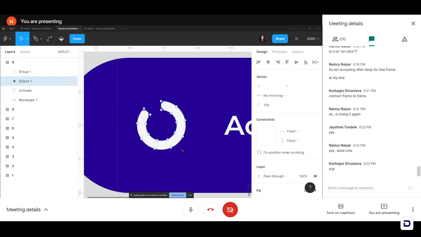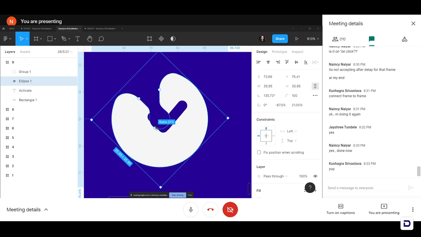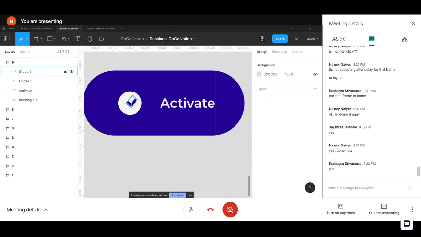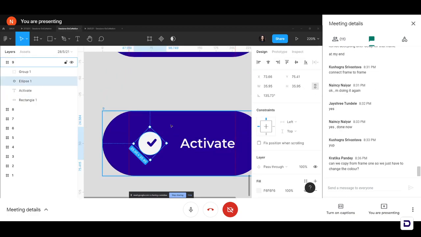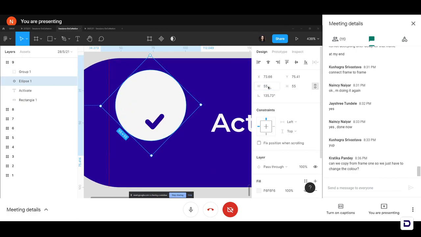Or you can simply select this and come back down here and change the ratio again. The way we dragged it to the boundary, we will drag it back again to the center. Okay, so you can see the properties changing here. Right, so let's change that to 0 and change this to 100%. And once we're done with that, we'll be able to see our circle back again with a tick mark in the center. So let's make sure that our circle is the same size as that we used in the beginning. So let's change the size back to 55 pixels on both height and width.